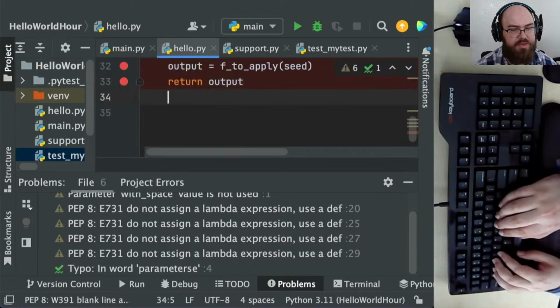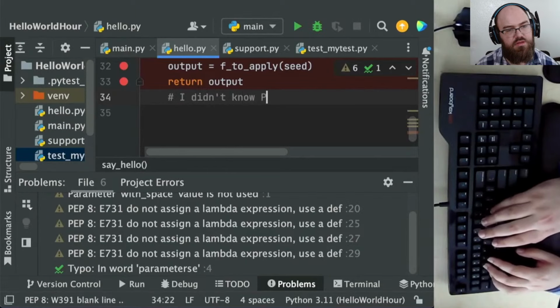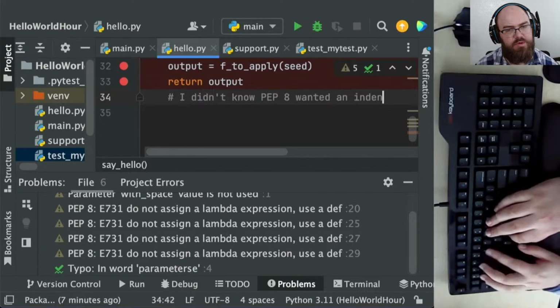Oh, that's interesting. Pepe was, or was it? I think I might have been confused about what I thought I learned from that.